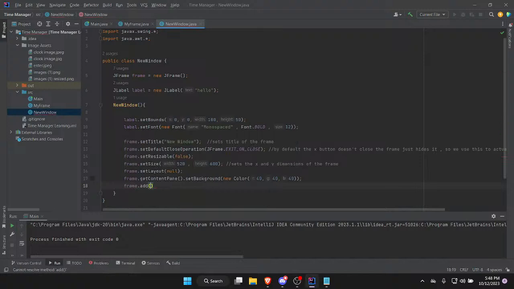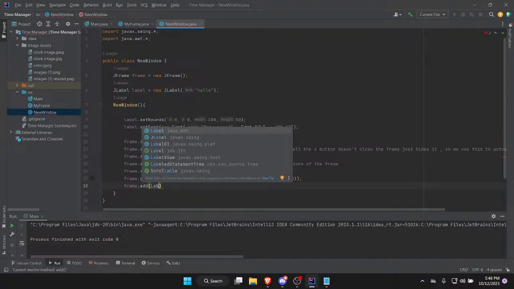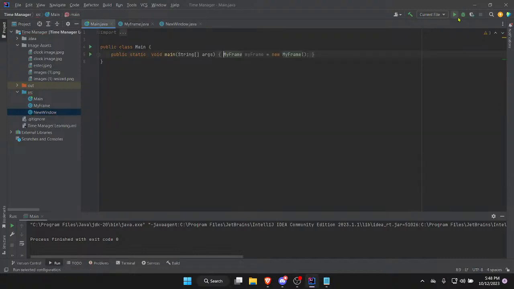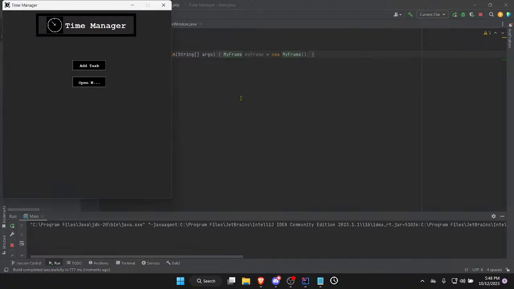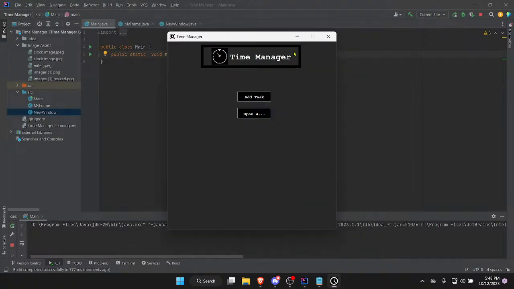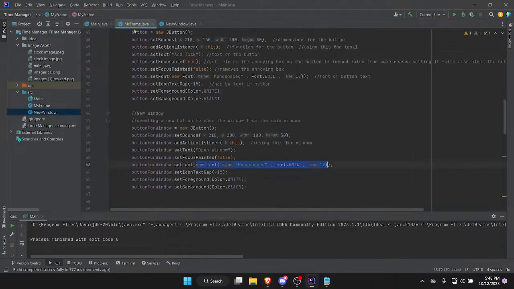Okay, so let's run this. Okay, let's click on the new window button to launch a new window. All right, we got one. One problem though, if we keep on clicking on this button, we'll keep on getting new windows. So we have like a bunch here. So if you only want there to be one window,